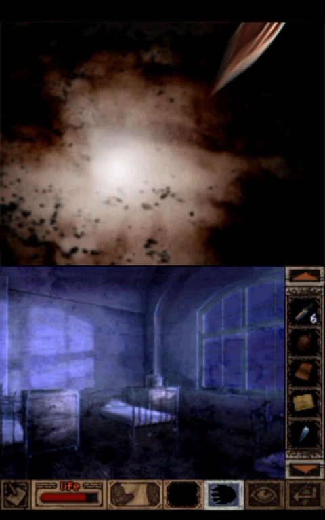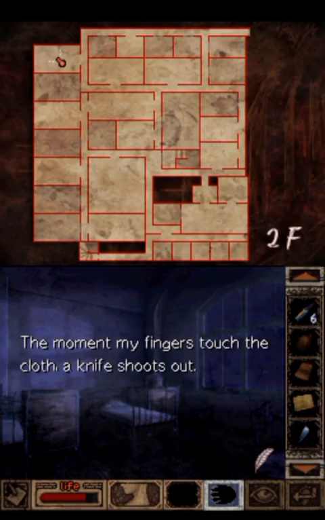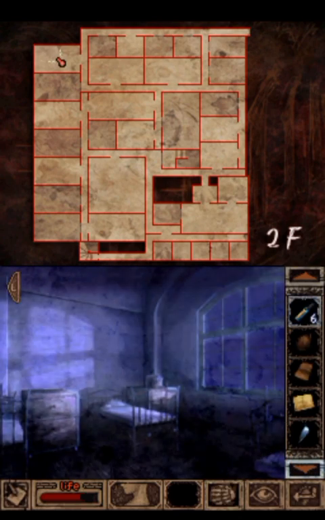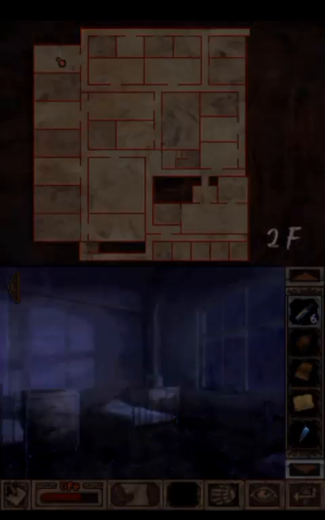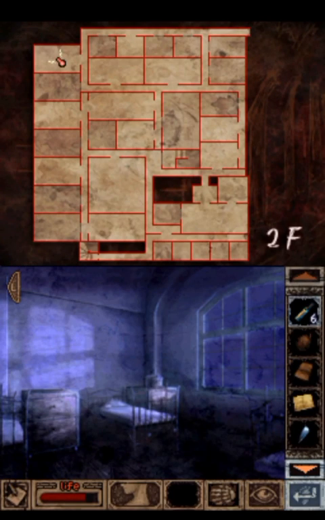What could this be? I reach toward it. Good thing I saved. The moment my fingers touch the cloth, a knife shoots out. It buries itself in my ankle and I collapse with a scream of agony. I think your feet getting injured would be the worst in a place like this. Well, more in the facility than this place, but...